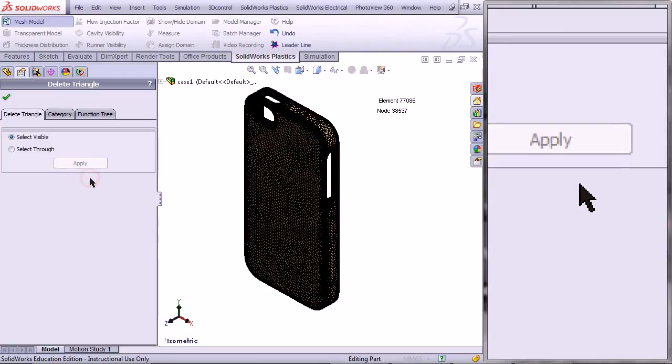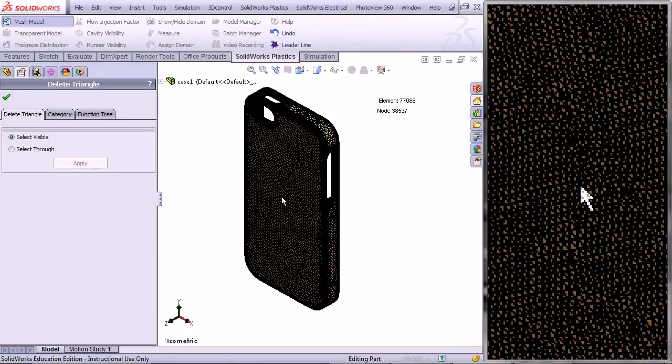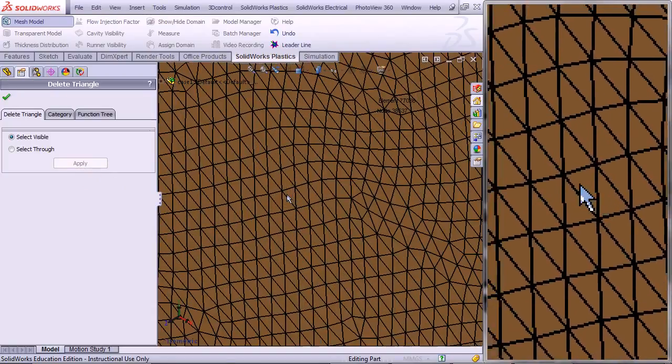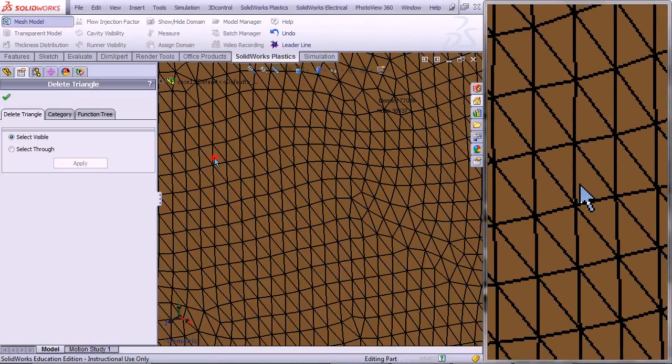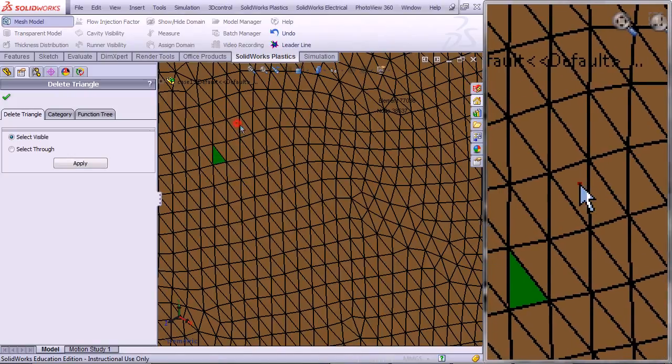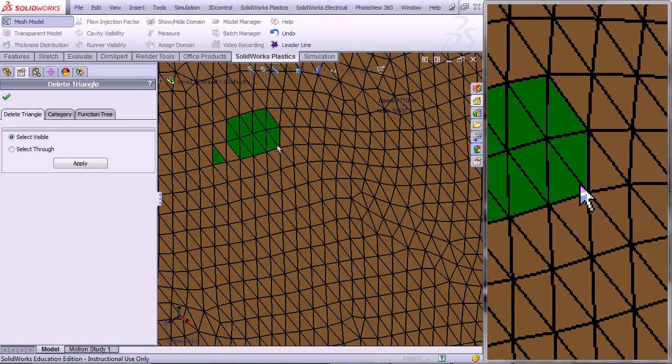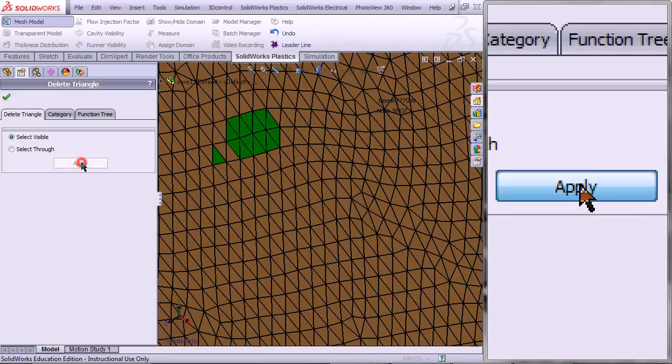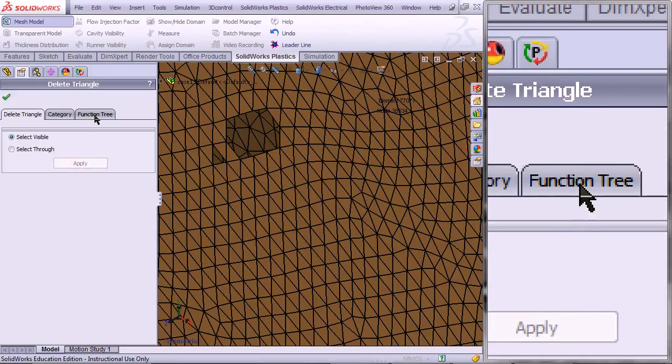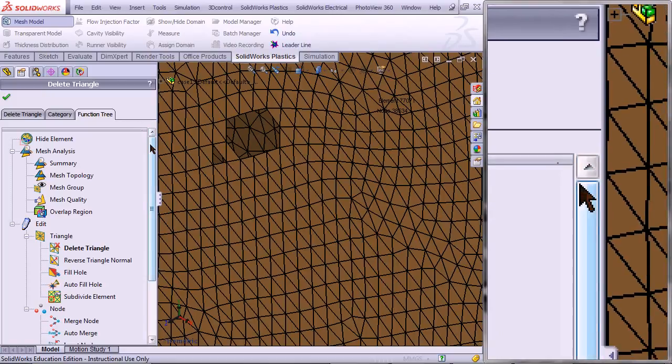Double-click on Delete Triangle. Then zoom in on your mesh. Click on a triangle you want to delete. You can also drag over an area of triangles you want to delete. Then click Apply. Go back to the Function Tree tab